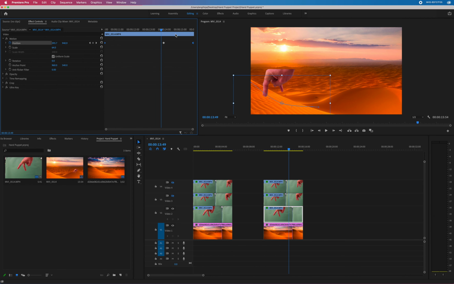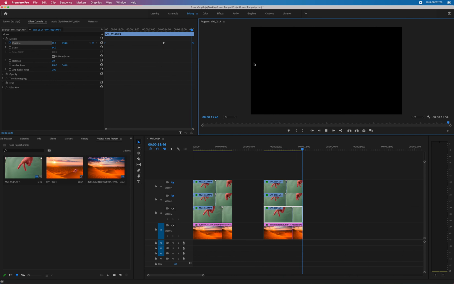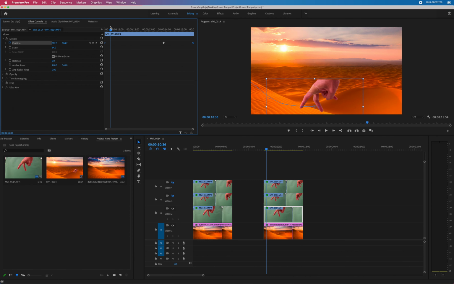Notice it created a little bend, created another keyframe, and now it's going to follow that path instead of the straight line path, giving it a little bit more organic look as it's climbing up the dune. Anyway, that's set. So now that particular clip has that motion, and I would want to do the same thing